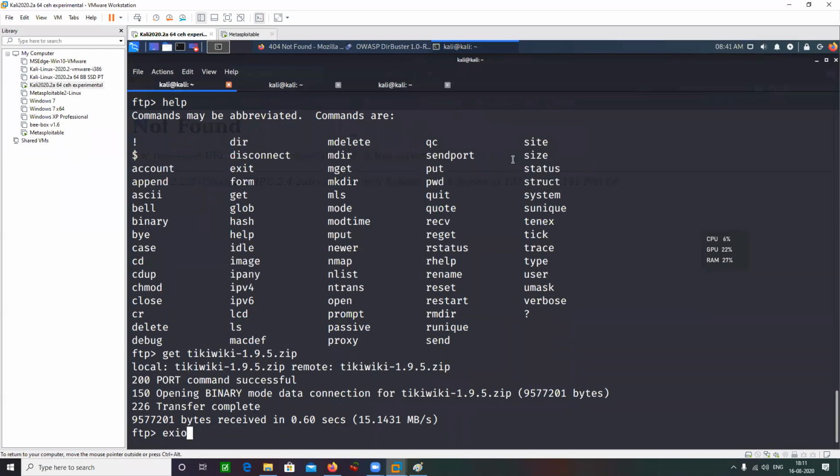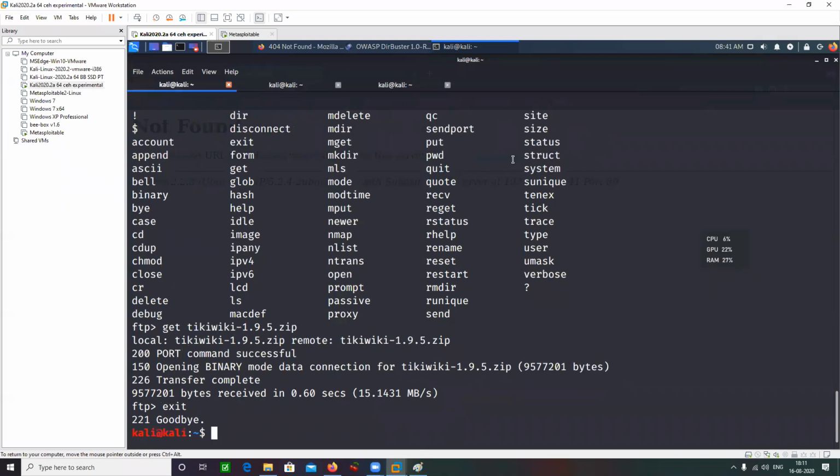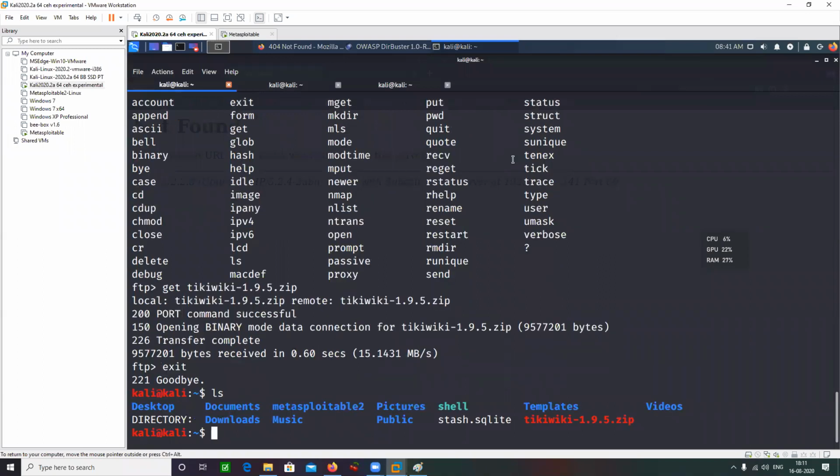Let me just do an exit here. Exit. ls, and you can see that the zip file has been downloaded. Okay,